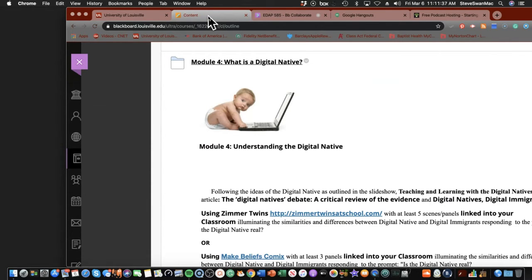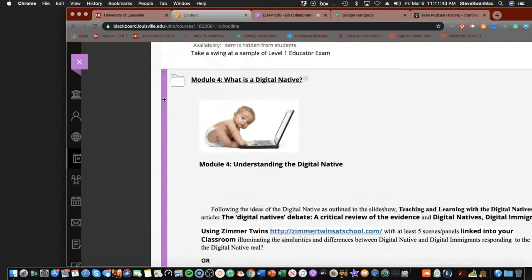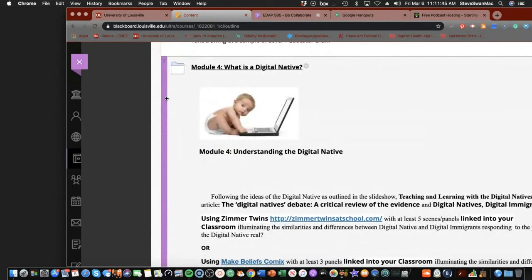We are looking at what is a digital native. This is a very short module, frankly. I put it in here because at this point we're talking an awful lot about kids working inside a Google Classroom. Next week we'll be looking at some of the tools that we can use in our Google Classrooms. And it all comes back to, so what is a digital native?